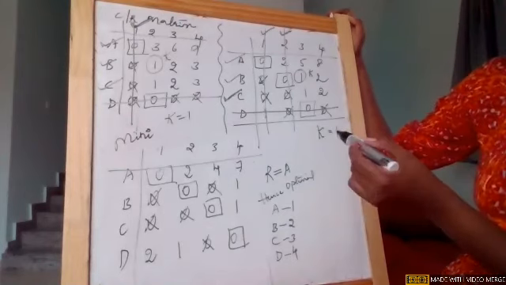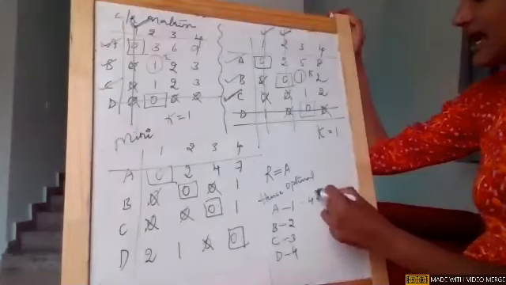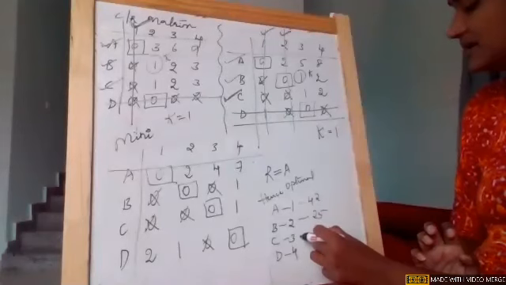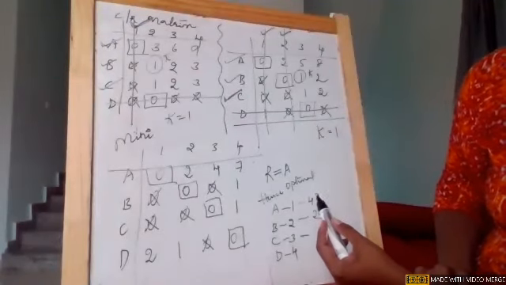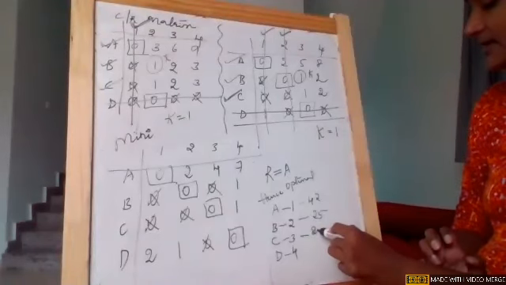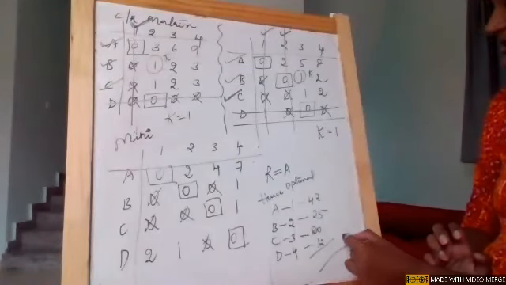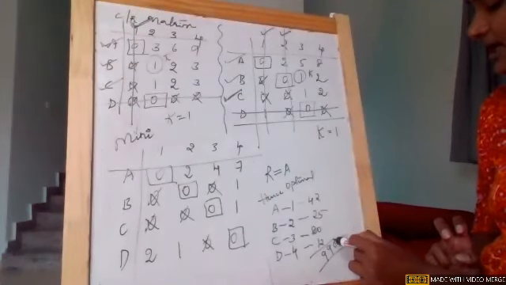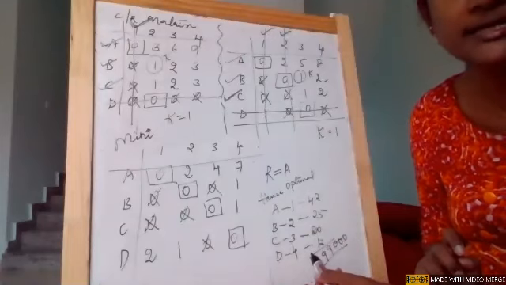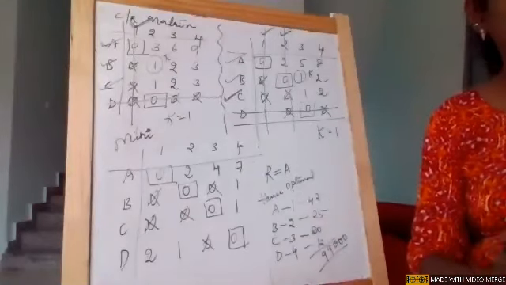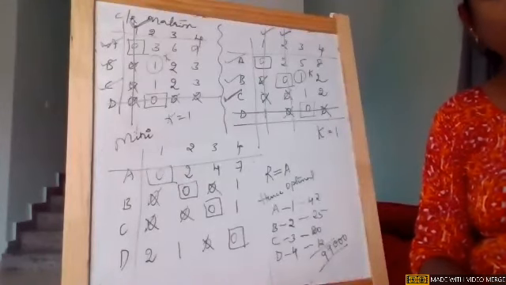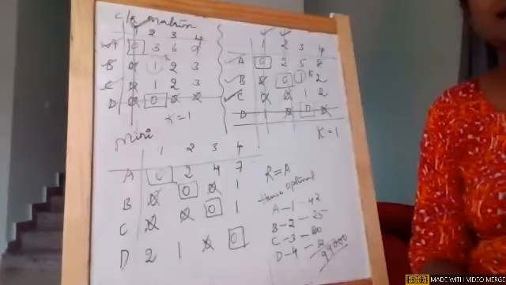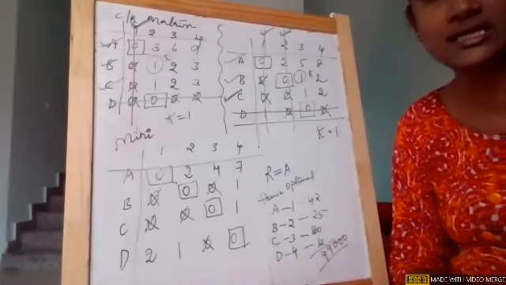Okay. So now if you see A1, it is 42. The annual sales we are speaking about. And B2, it is 25. C3, it is 20. And D4, it is 12. So if I add them up, 99,000. You remember, I made a common value, thousands. I ignored the thousands and wrote only the value. So that is how 99,000 is the total maximum sales the 4 salesmen can generate.